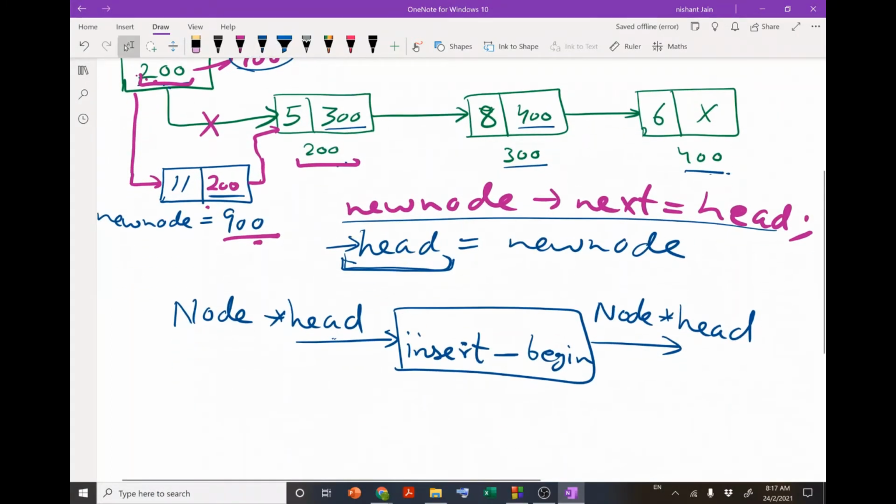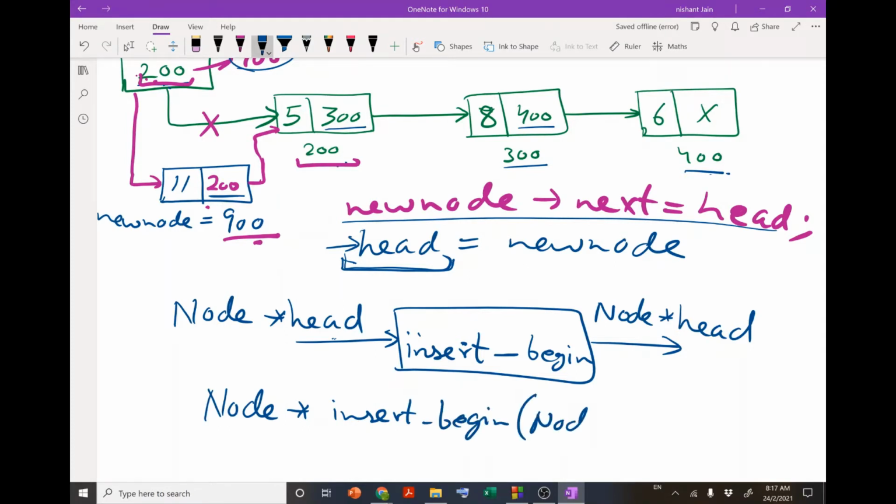So our function declaration should be something like node star, then the name of the function, and the argument will be node star head.